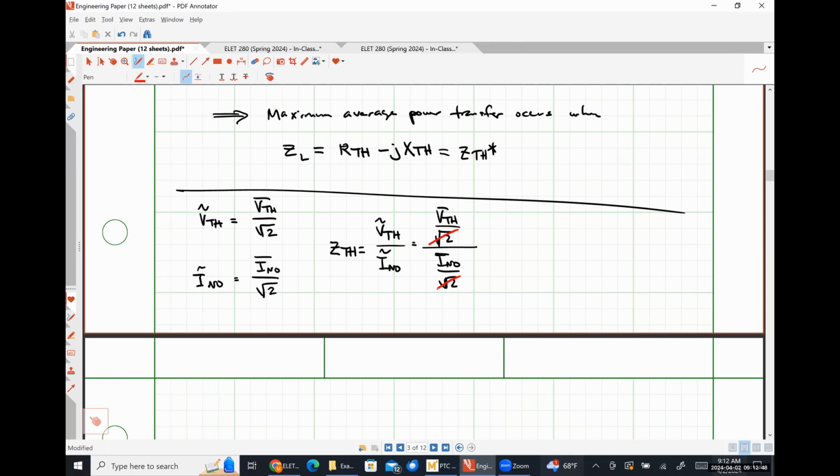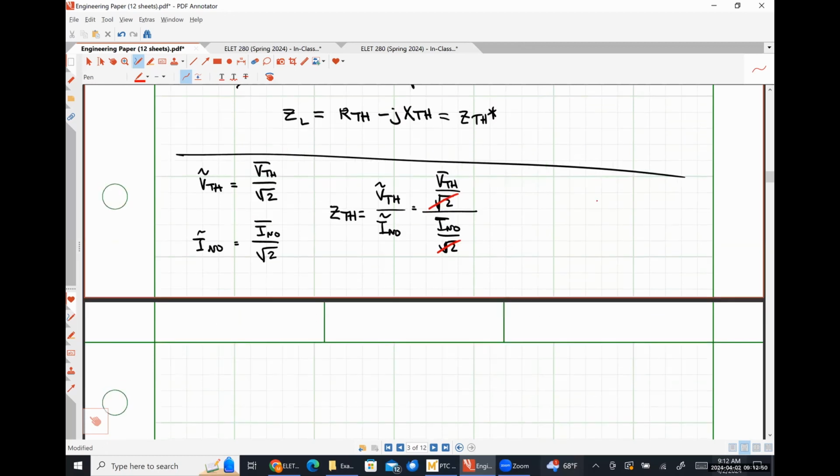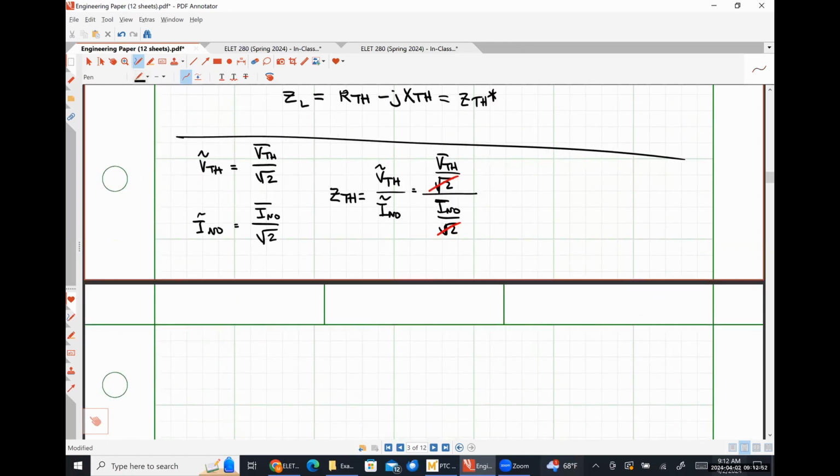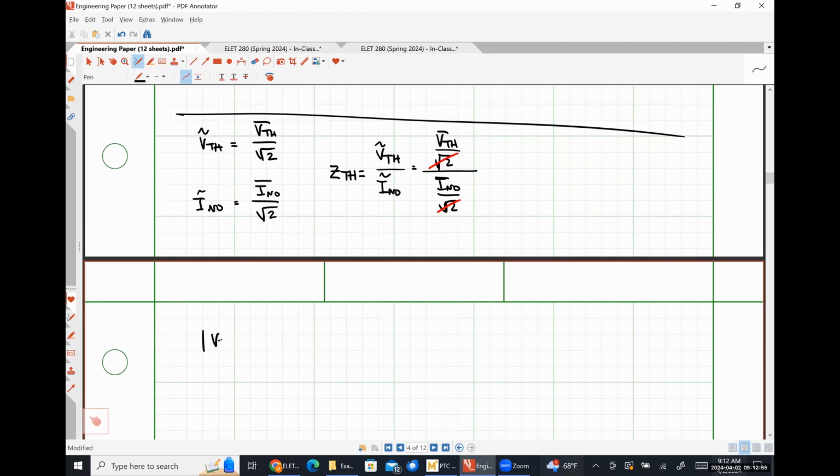Now for our power relationship, we have the magnitude of V Thevenin squared, right? Which is just going to be the magnitude of V Thevenin over the square root of 2 squared, or just 1/2